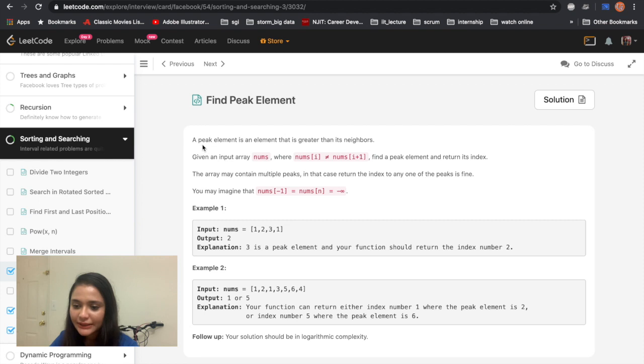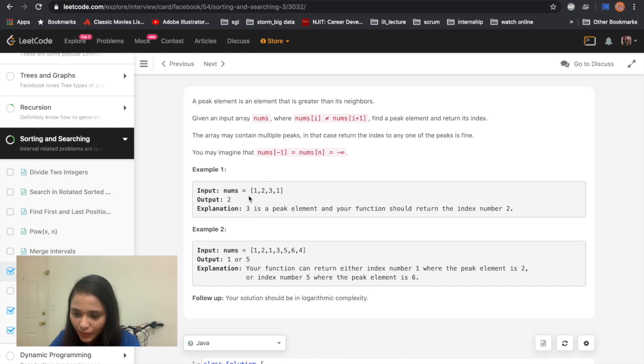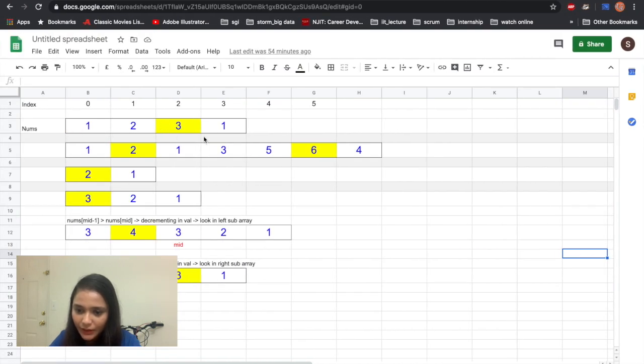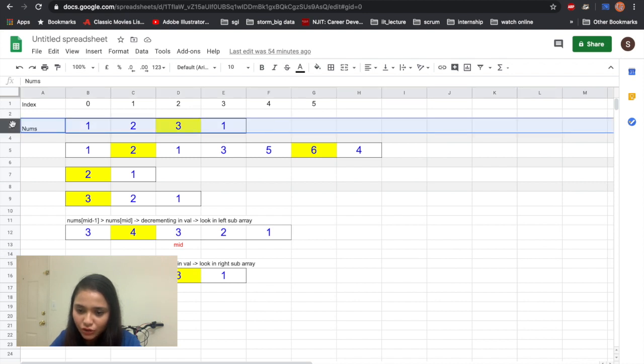So this question says a peak element is an element that is greater than its neighbor. So an array may contain multiple peaks. In that case, return the index to any of its peak. So given as an example, array 1, 2, 3, 1. Here the peak is number 3. So our function should return